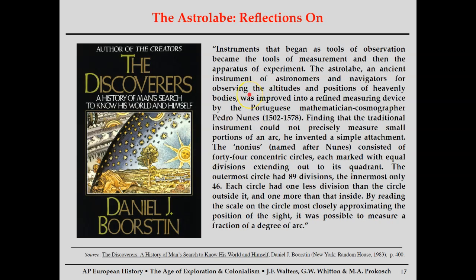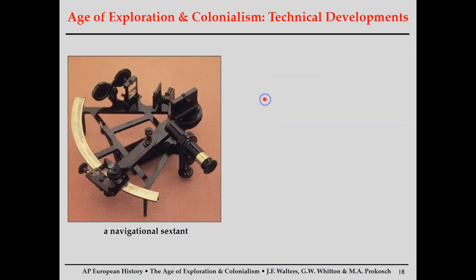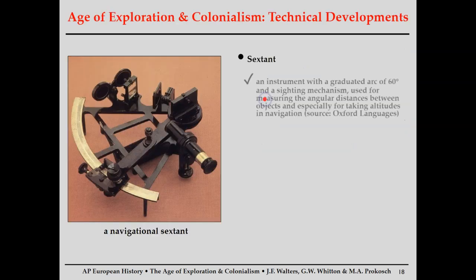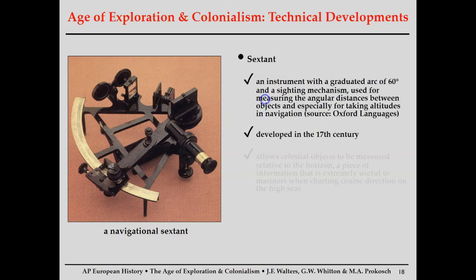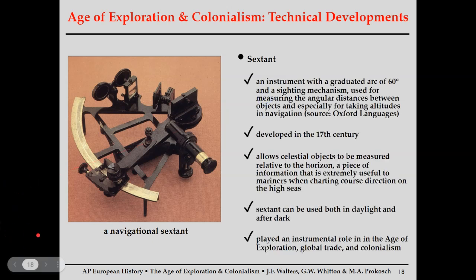Okay, so you can read about it here if you would like, and we're going to keep going. Okay, the sextant. So this device has some similarities to the astrolabe, but basically what's key with this one is you can use it in both dark and daylight. So again, it helps with navigation, helps with charting your course, but it can be used all the time and not just at night. So has a little bit more use than perhaps the astrolabe.